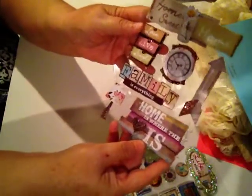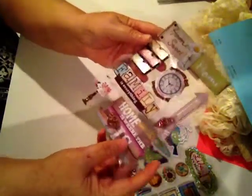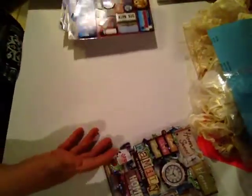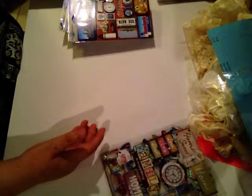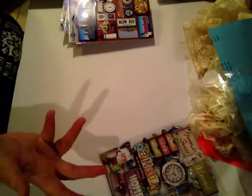And I left some things out of this haul because I've been using everything, and I kind of forgot. I've already thought of some of the things that I forgot. Now, while I was with my sister, she gave me tons of stuff because I didn't know this, but about 2 years ago, she planned on scrapbooking, and she bought several things, and she changed her mind about scrapbooking, so she gave me all of these things